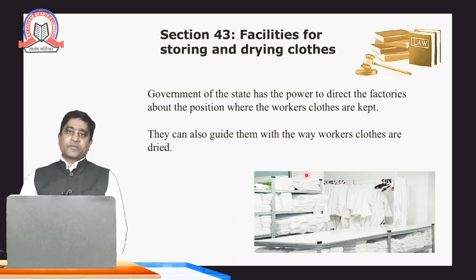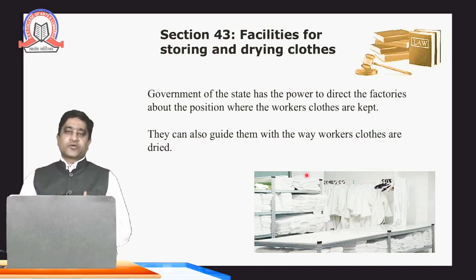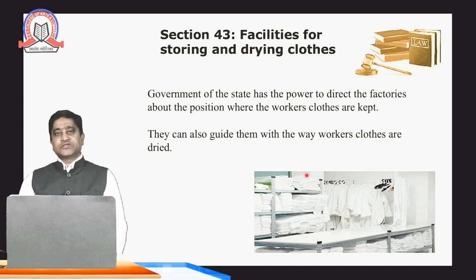Well, students, please remember, the workers will come in normal clothes and change their clothes there, and sometimes it is necessary to clean those clothes if some particles have been spread during the course of their employment. In the case of the hotel industries, a proper device, that is a washing machine, should be provided, and clothes should be stored properly after ironing.